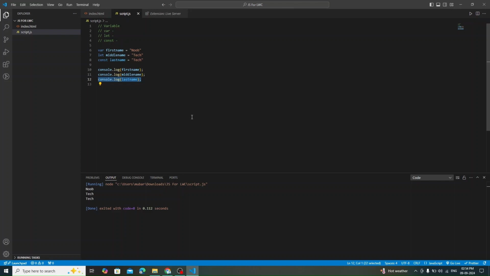Now if we see differences in between var, let and const, I'll have three blocks and we'll do it in parallel. So let's first take a var. It has basically a function scope. I'm not going to create any functions right now because we haven't reached that level yet. So I'll just give you a hint, like anything that is inside curly braces, you can assume it as a function for now. And by function scope,